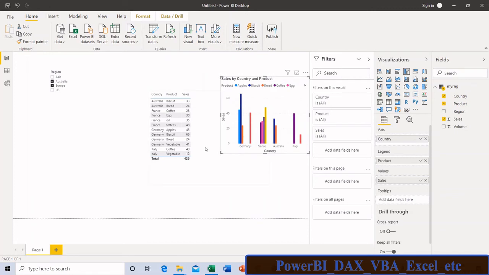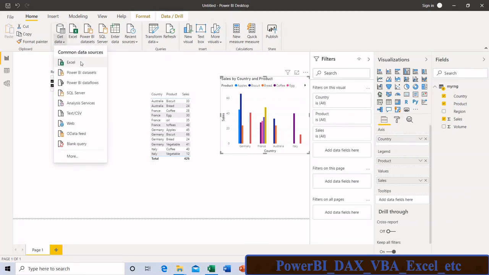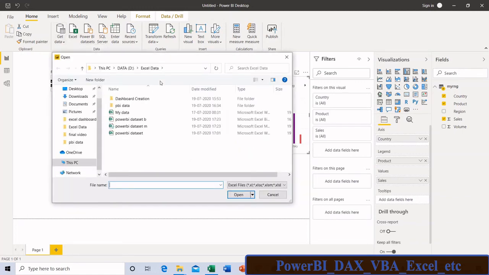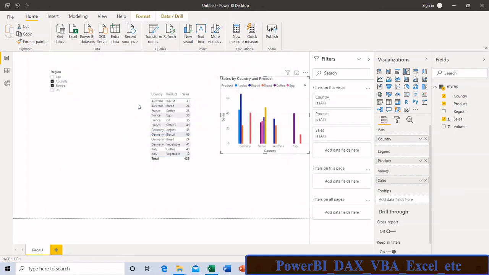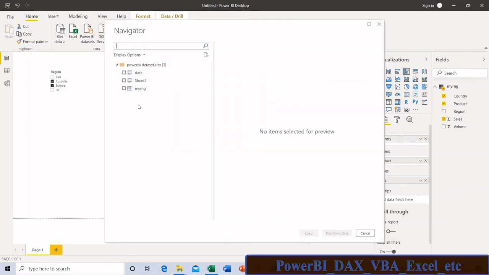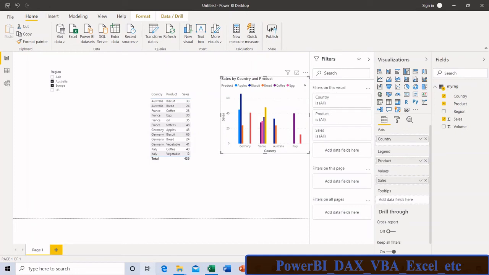Okay, now we have seen how to load the data from Excel. For that, get data, Excel. Either we can directly import data from this worksheet, or from a range, or from a table. That depends totally on us. Okay, and next,